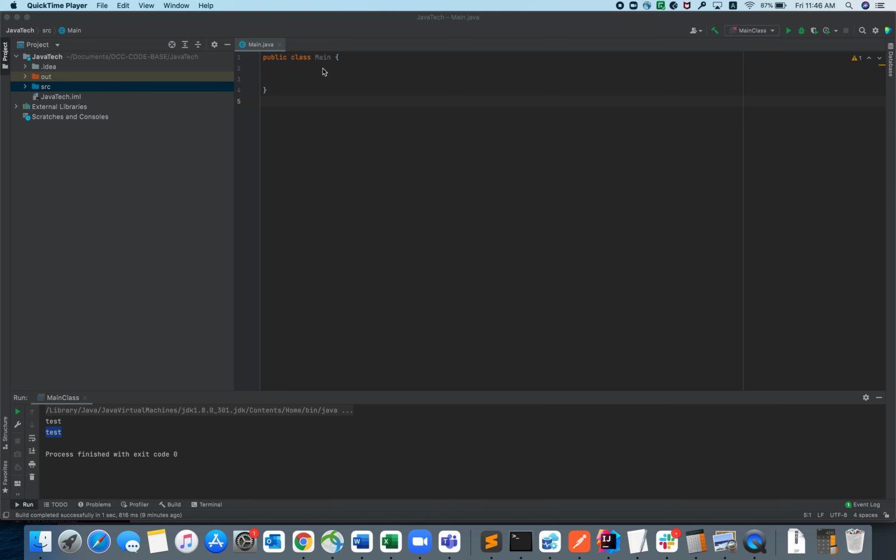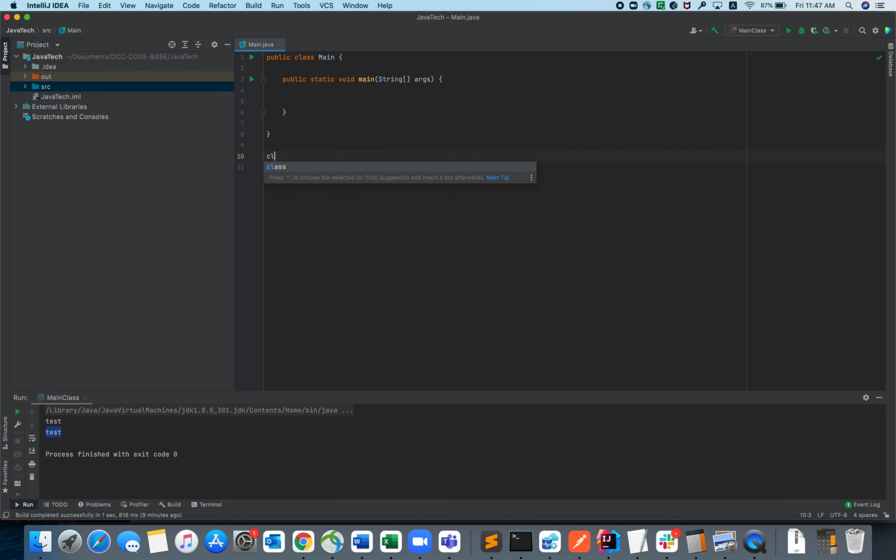So I have created one class called main class. Let me create a method, which is the main method, right? Currently I'm not keeping anything inside main. So let me start with what method overloading is, basically. To understand method overloading, I'm creating a class called a, right? And in this class I want to implement a couple of methods.